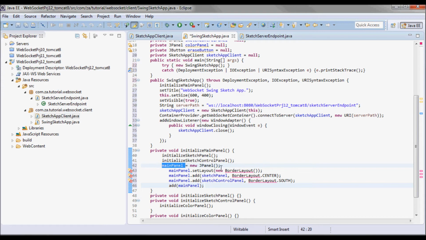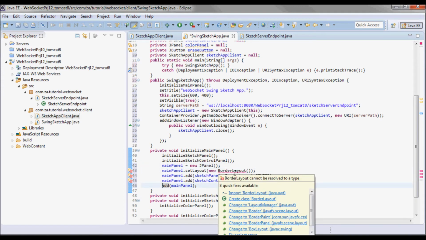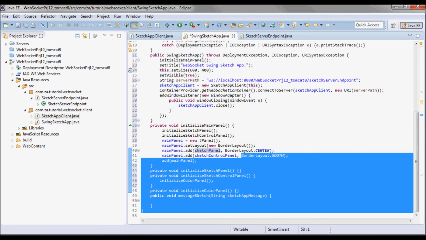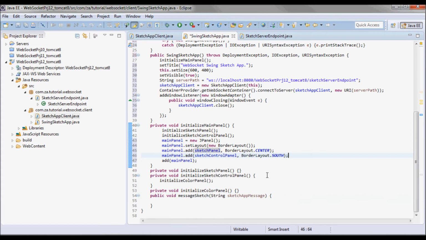This will be the main panel, and I'll set its layout to BorderLayout, and then add the sketch panel as BorderLayout.CENTER, and the sketch control panel as BorderLayout.SOUTH, and then I'll add the main panel to the actual JFrame instance.